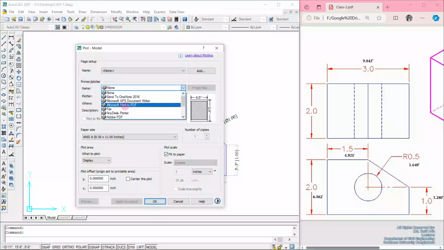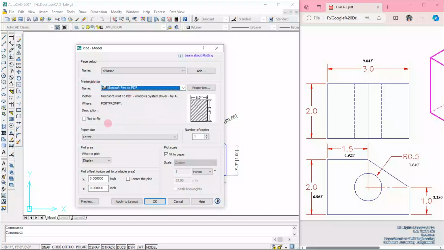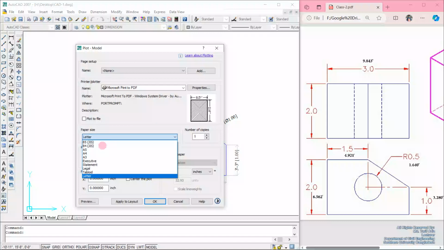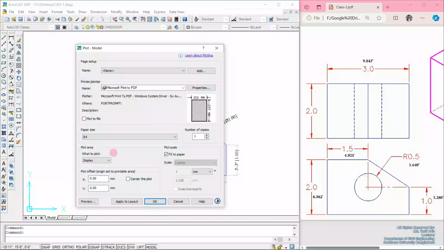I am selecting the Microsoft Print to PDF default printer, and then choose the paper size as A4. Then click on the center the plot, and also you need to select the plot area. So go to the what to plot option and click on the